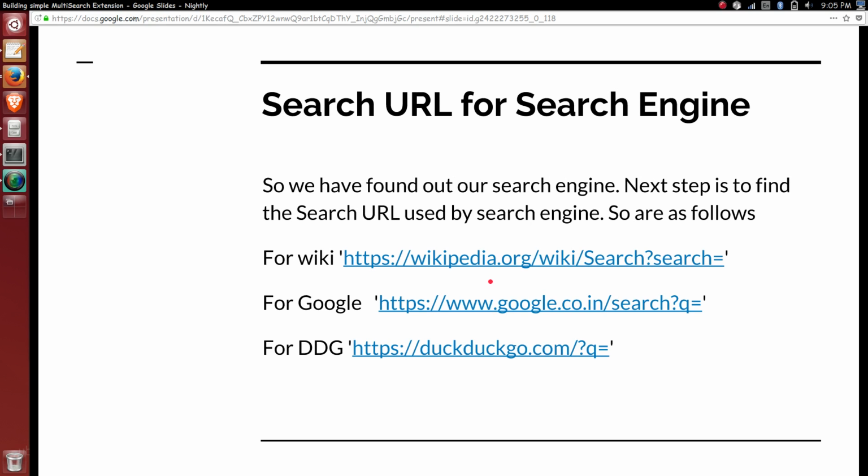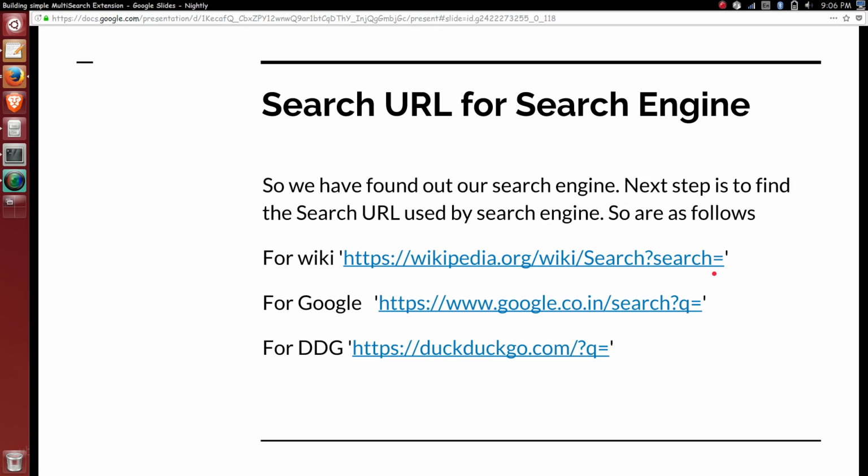The next step is we have to find the query URL for each and every search engine. For G we have Google, so the search URL is something like google.com/search?q=. In the case of Wiki, it is wikipedia.org/wiki/Special:Search?search=.